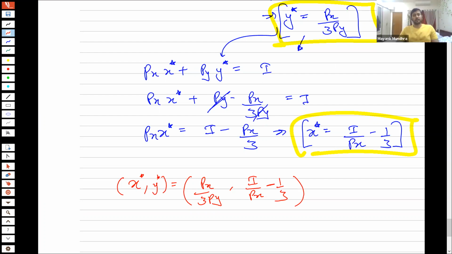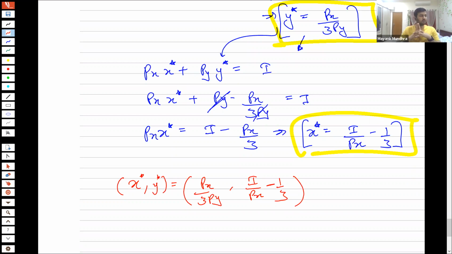You can think of good Y as a medicine, a necessary medicine. No matter how rich you are, if the doctor has prescribed, let's say, 4 units of this medicine, twice a day, then no matter how rich you are, you are not going to consume more than 4 units of this medicine. So you can imagine it like that. So that is not the problem I'm looking for here, that Y star.